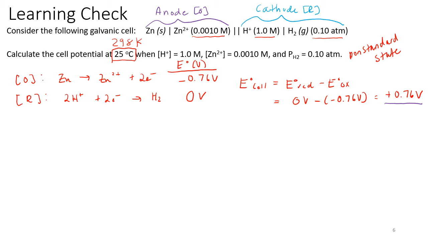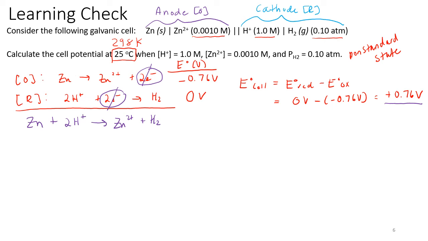So next, what we want to do is take our two half reactions and add them together to write our overall equation. Now, when you add together half reactions, you don't want any electrons left in your overall equation. So in this case, we have 2 electrons as a reactant in the reduction half reaction, and we have 2 electrons as a product in the oxidation half reaction. Since they both have a coefficient of 2, they're going to cancel each other out. And our overall equation is going to be everything on the left-hand side of the arrow, so zinc plus 2H+, and our products are going to be zinc 2+